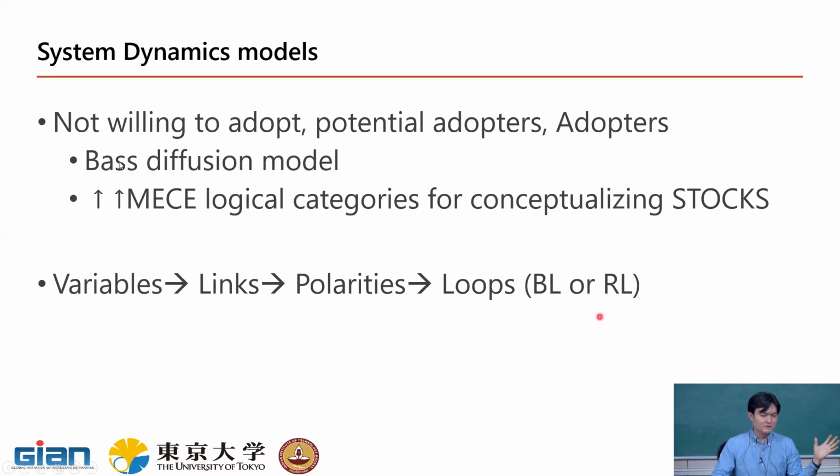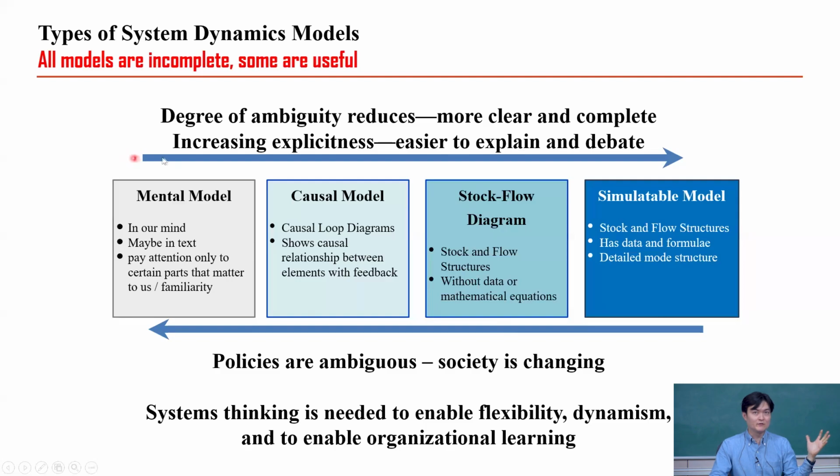So the order of the lecture was definitely from left to right. We start from very ambiguous mental models, and then you think about how those mental models have causal relationships in them. You identify the stocks and the flows, and then you start simulating with mathematical models, right? It gets much more explicit and easier to explain. So from a modeling perspective, that's good, right? You're going more explicit, more complete. But again,